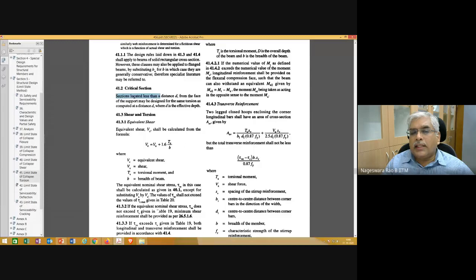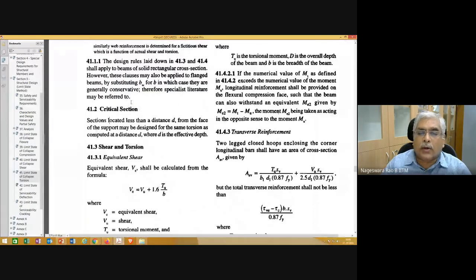So let's read this. Sections located less than a distance small d, which is nothing but the effective depth, from the face of the support may be designed for the same torsion as computed at a distance d, where d is the effective depth. So we need to consider a section at a distance effective depth.